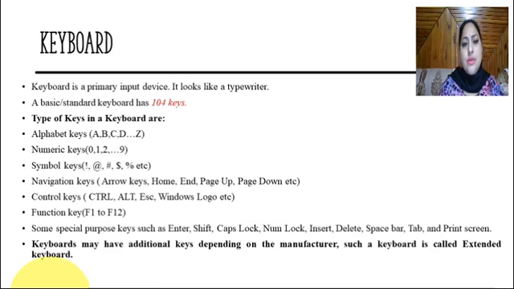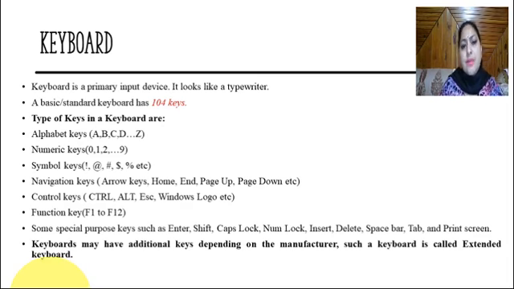So we start with the keyboard, which is the primary input device. It looks like a typewriter, and a standard basic keyboard has 104 keys. There are various types of keys in a keyboard, like the alphabet keys. There are 26 alphabets in English, so we have 26 alphabet keys starting from A till Z. We have 10 numeric keys starting from 0 to 9. We have symbol keys, which usually contain the punctuation marks, the other symbols like ampersand, asterisk, hash, dollar, rupee sign,